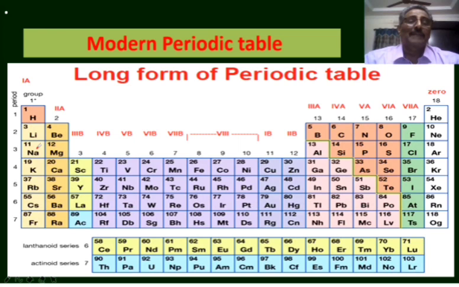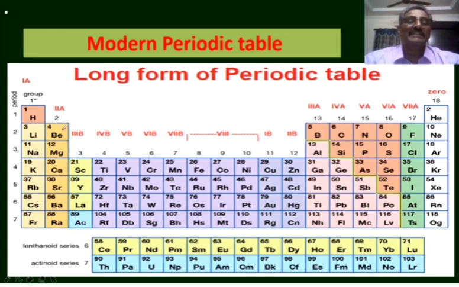sodium, 11. By adding one more 8, we get the next element in the same group, that is 19. By adding 18, we get the atomic number of the next element rubidium in the first group, that is 37. By adding one more 18, we get the atomic number of the next element cesium, that is 55. By adding 32, we get the atomic number of the next element francium in the same group.